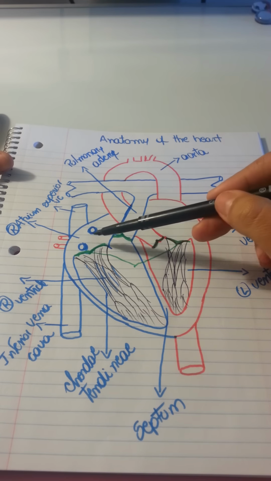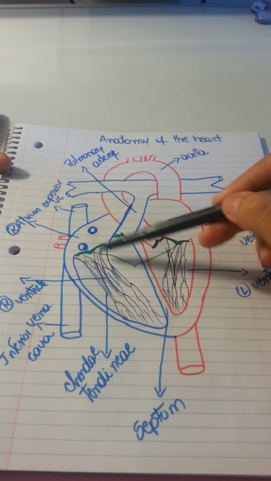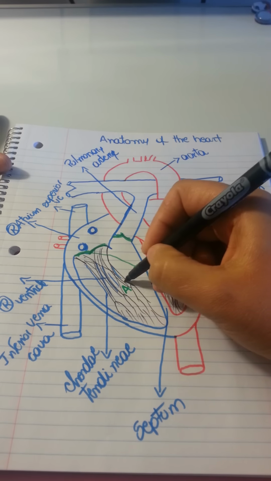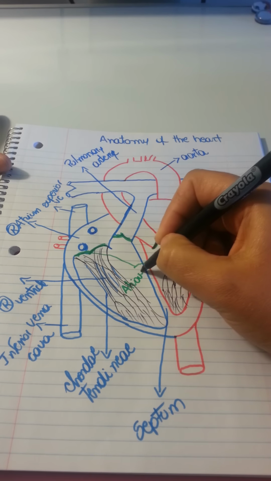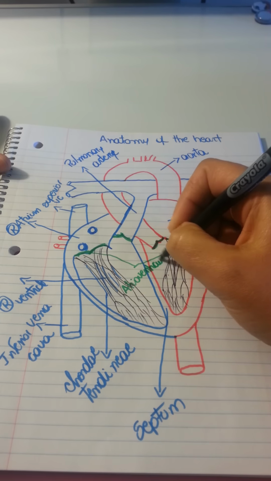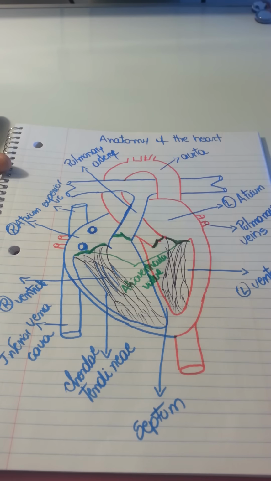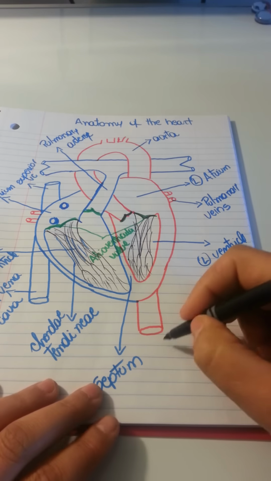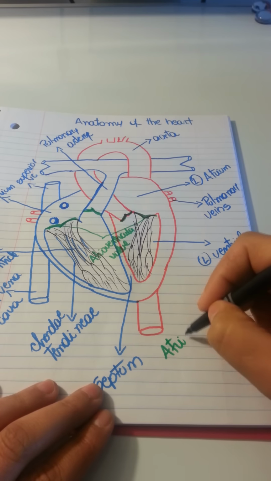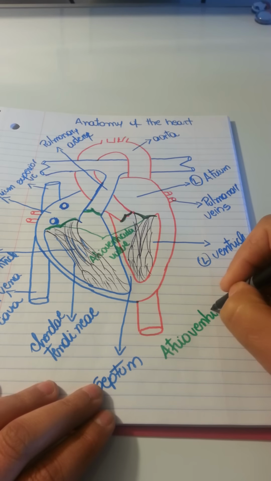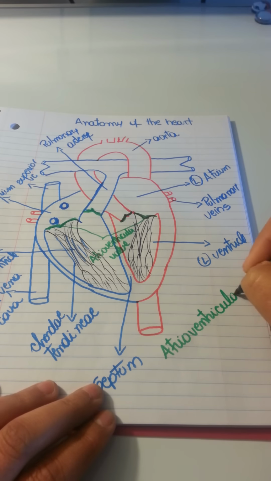They are between an atrium and a ventricle. So they're called atrioventricular valves. Atrioventricular. And I'll spell them down here to make sure that we know how to spell it. Atrioventricular